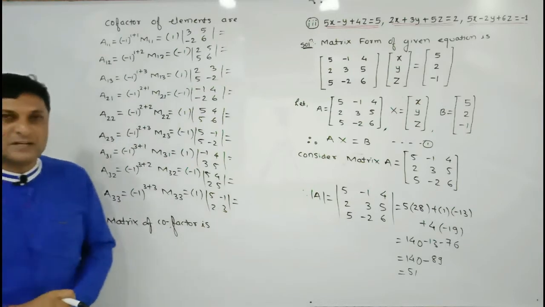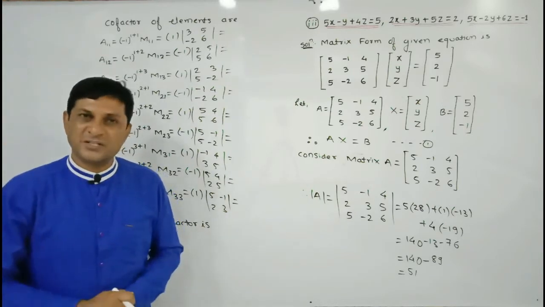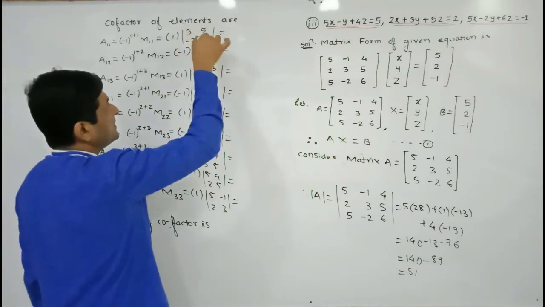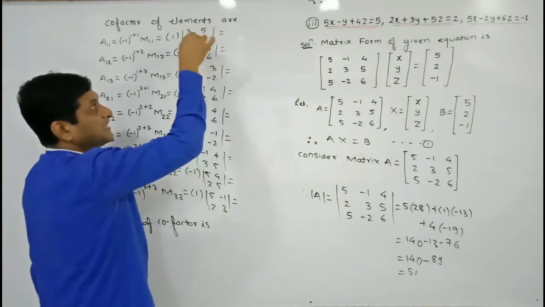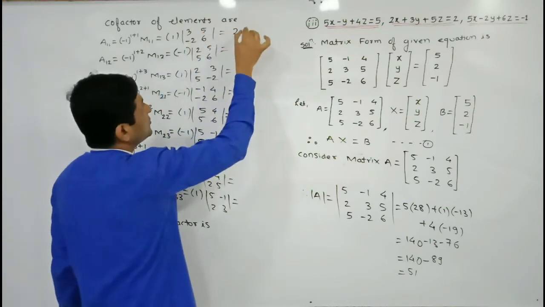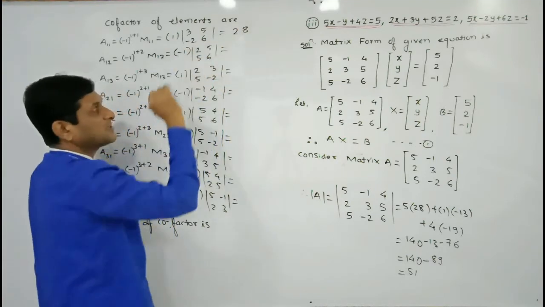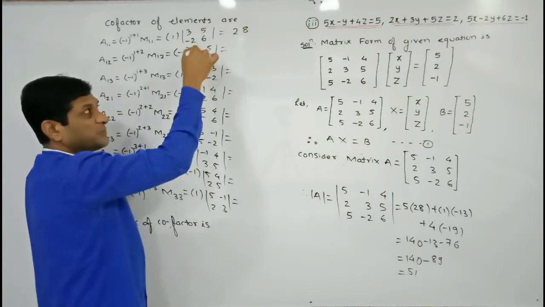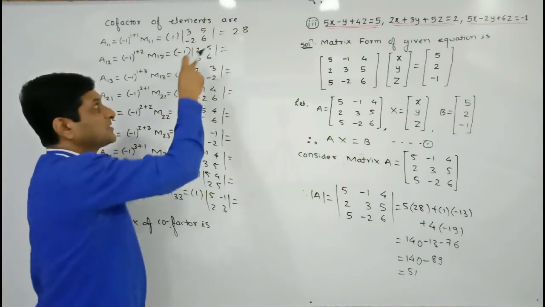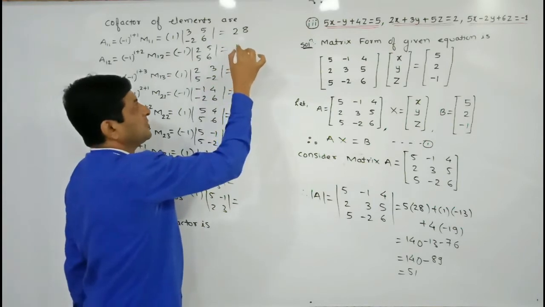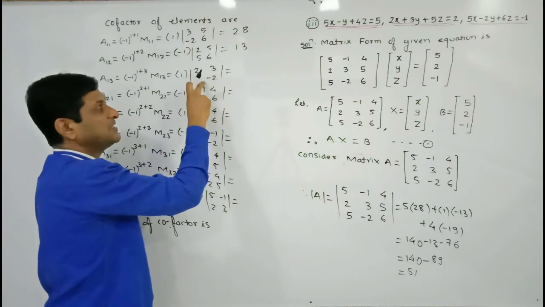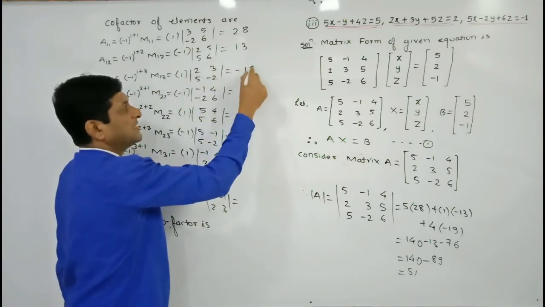Once the values of these determinants are known to us, the remaining part is just to simplify each determinant and find the value of the cofactor. Observe here, what will we get? 18 minus 10 minus minus, plus 10, means 18 plus 10 is 28. 28 into 1 will be 28. Here 12 minus 25, 5 into 5 is 25, will be minus 13. Minus 13 into minus 1 will be plus 13. Minus 4 minus 15 will be minus 19. Minus 19 into 1 will be minus 19.